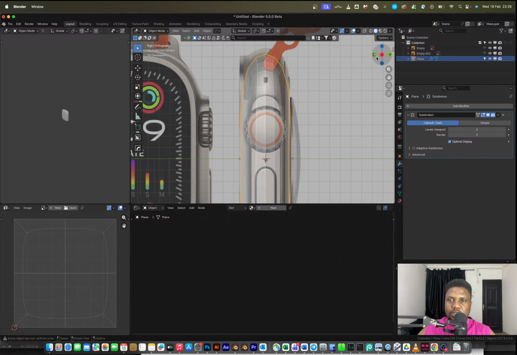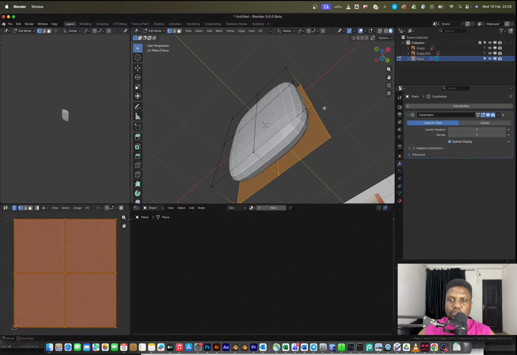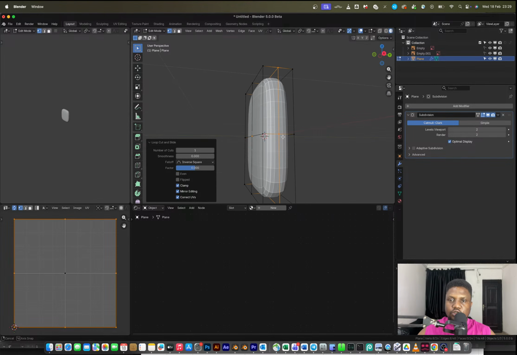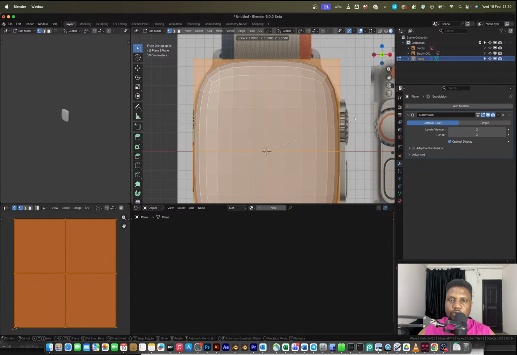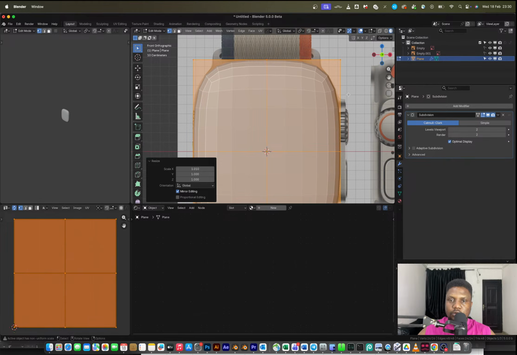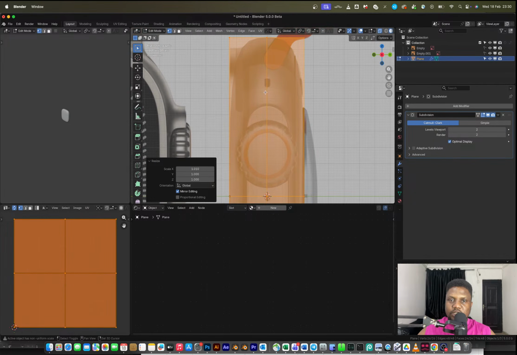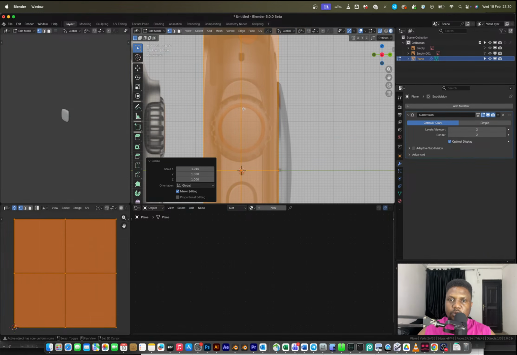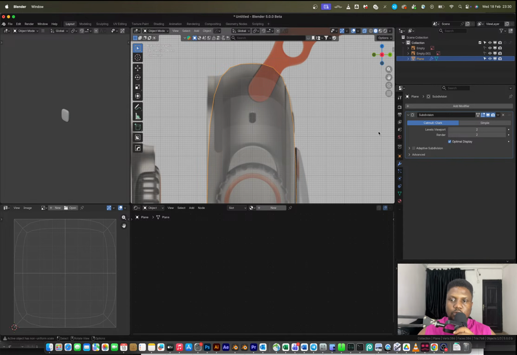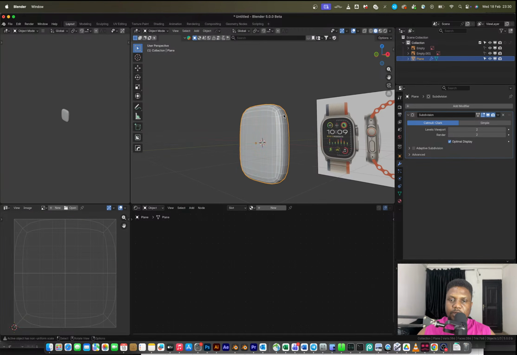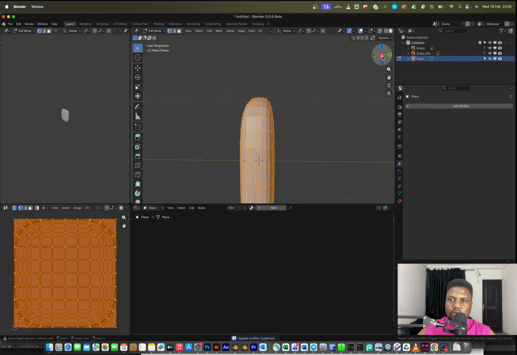So that's good. I'm going to come to the front right here, and I'm simply going to add loops to help us achieve the shape, especially from this angle right here. I want to make sure that that shape is actually hugging our mesh 101%. Okay, that looks good to me. I'm looking at this and I feel like I want to apply that subdivision, right? The only thing now is that